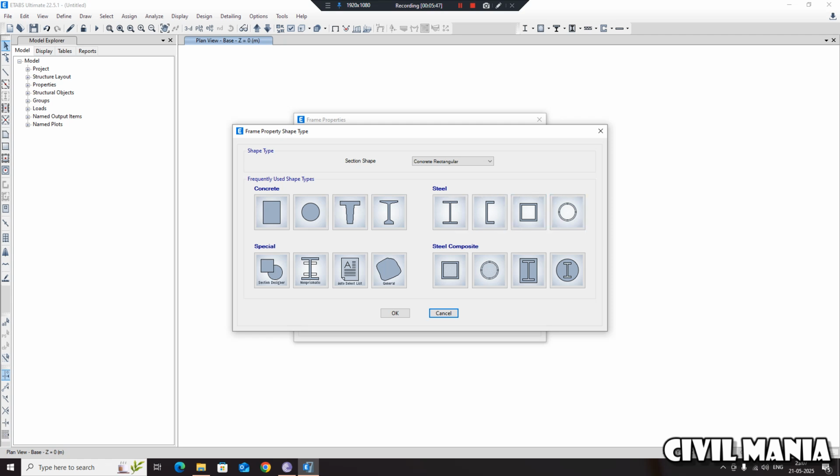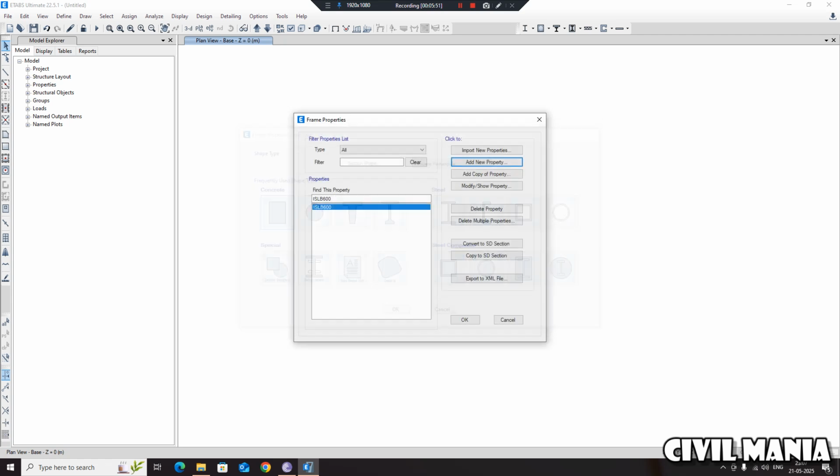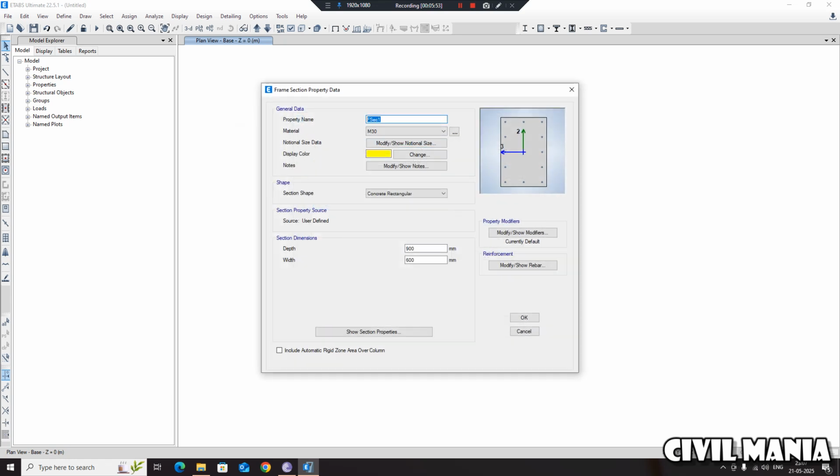Steel means I sections, C sections, hollow sections, all this. So now let me create the rectangular concrete sections. Then let me create one column. So let me write as column, and suppose I will be creating one column